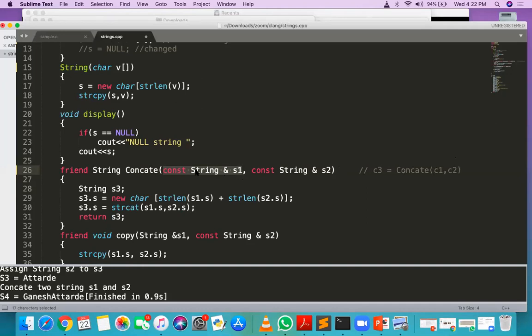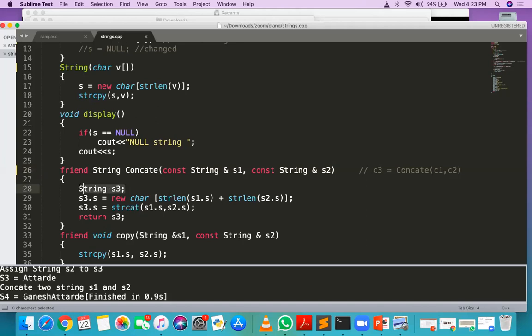If I'm not using const here, then I can easily modify the content of C1 by using S1. Yes, okay, understood. But if I'm using const here, then S1 is a constant, so using S1 I cannot modify C1. It is known as a constant parameter. Generally, we do this to make the argument a read-only argument. Getting? Yes, sir. So S1 and S2 are the read-only arguments that this concat function is taking.